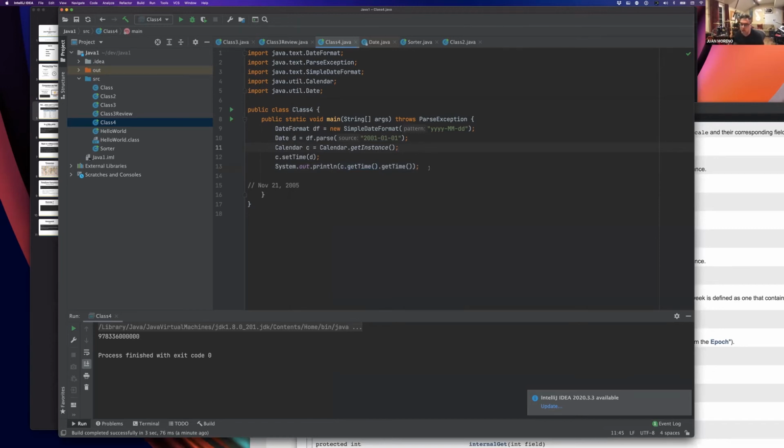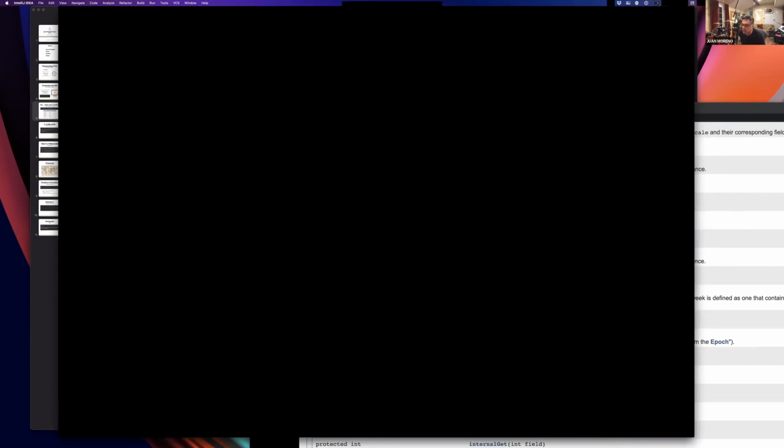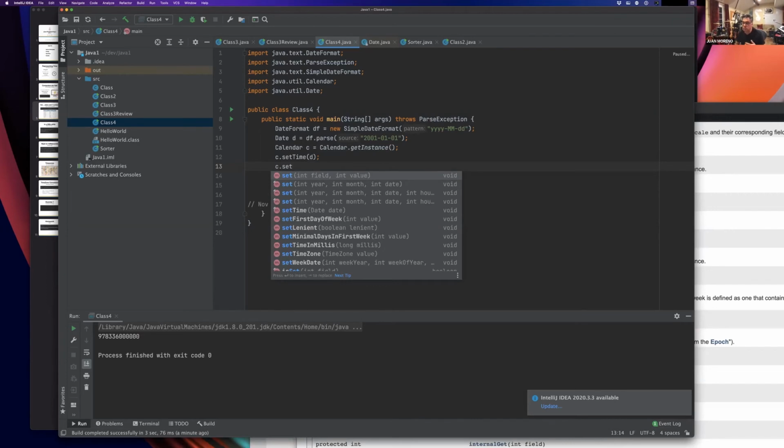The importance then of this class is that we can perform all sorts of operations. Oh, sorry, setTime. And then we can do c.set. Well, we can perform operations like, if I ask you what is next Monday's date, likely none of you are going to know without looking at a calendar, because technology has made it really easy for us to look. And besides, we always think next week, next month, a week ago,